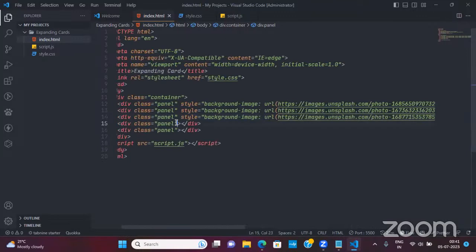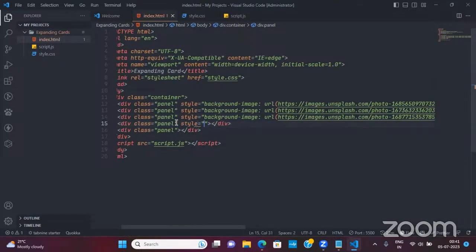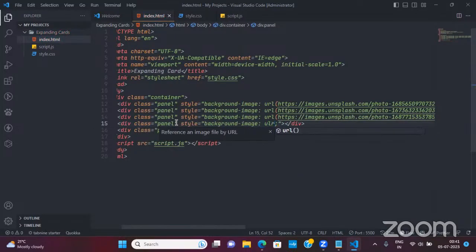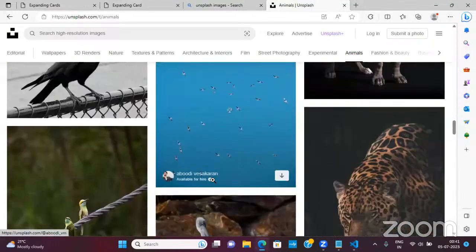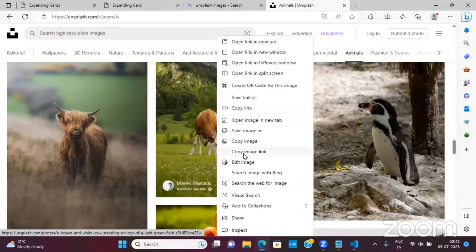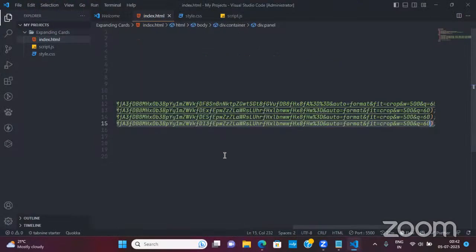Okay, now go to the fourth div, style, background image, URL of that image, and let's take another one. Okay, cow. Okay, copy image link, paste it here,